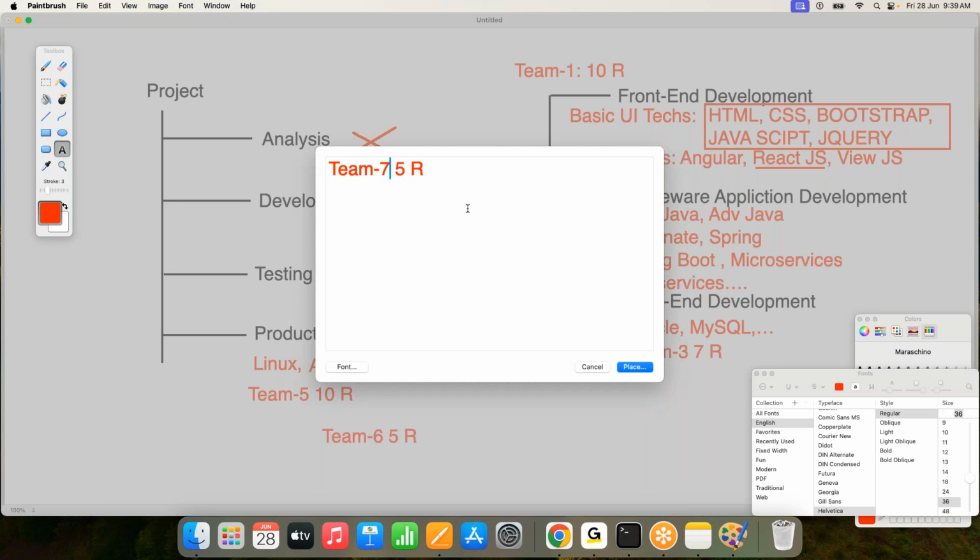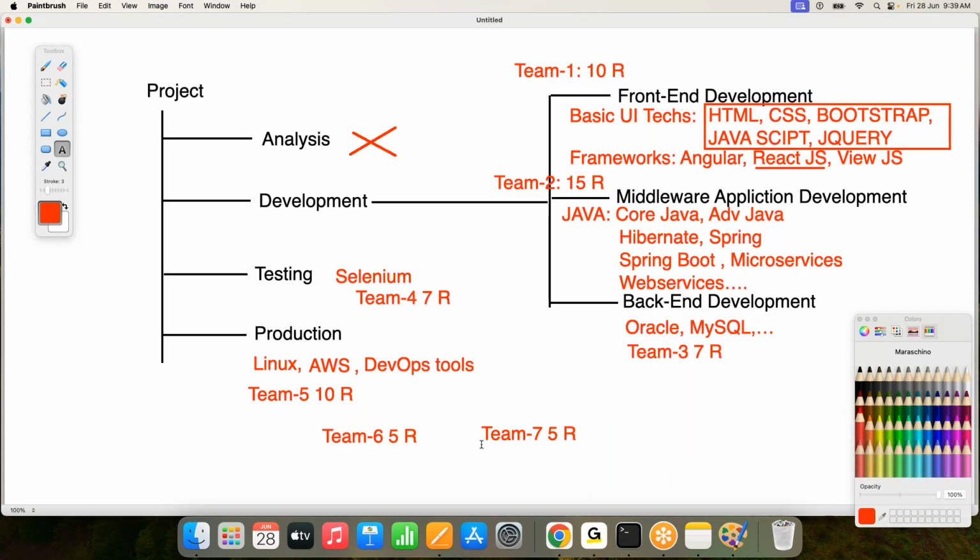Database administration maybe, or maybe system administrators are available. Network administrators, maybe some other team is available. Altogether, roughly, how many teams are going to be maintained here? 7 to 10 teams are going to be available. On an average, at a minimal level, how many resources are working for this particular project? At the minimum, 70 to 100 members are working for it.